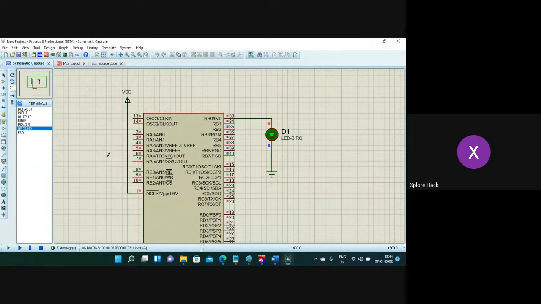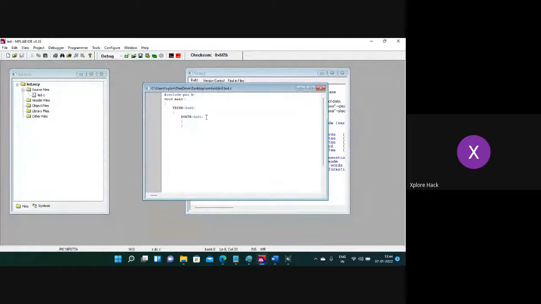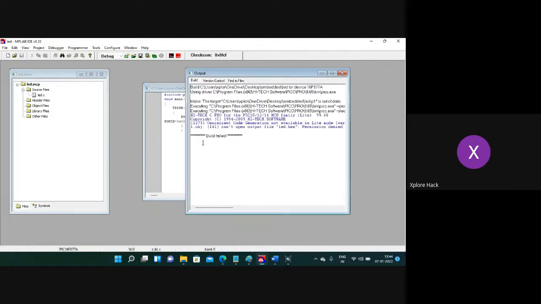Here I didn't turn off this LED with my program. If you want to turn it off, you can use PORTB equal to 0x00. This is the command you have to give if you want to